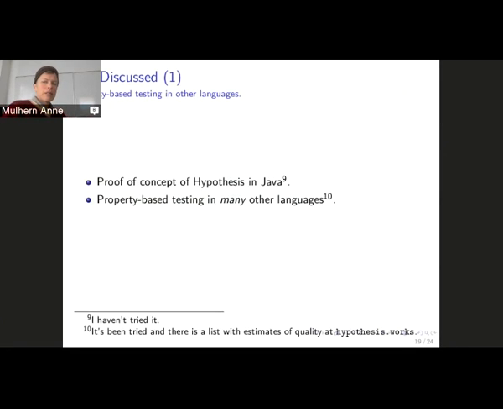The Hypothesis developer is working on a version in Java. Since I don't use Java very much, I've only just glanced at it. The idea of property-based testing has caught on. And apparently even the C property-based test library is pretty good, even though you would think that might be very difficult. So according to the Hypothesis developer, the one for C is pretty nice.